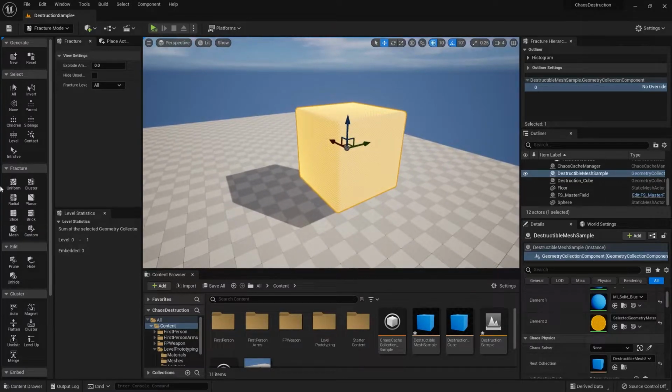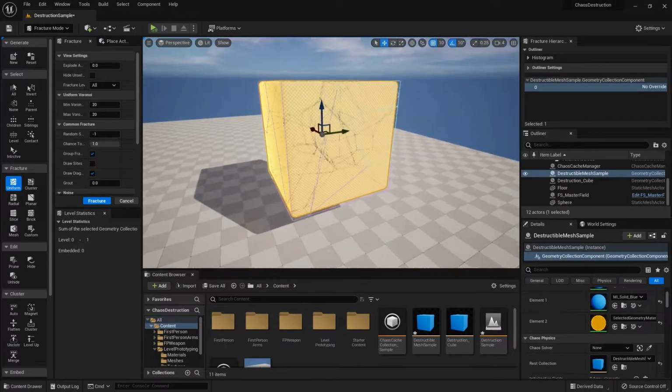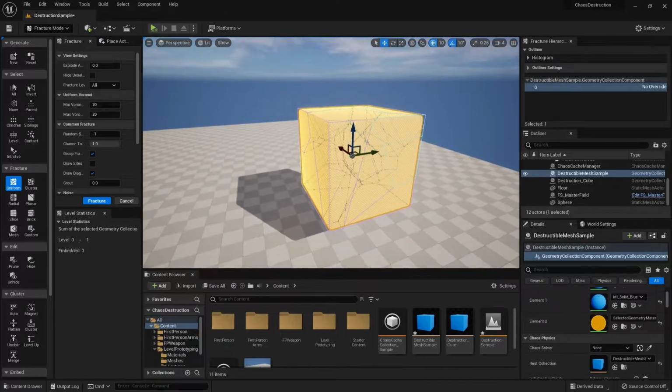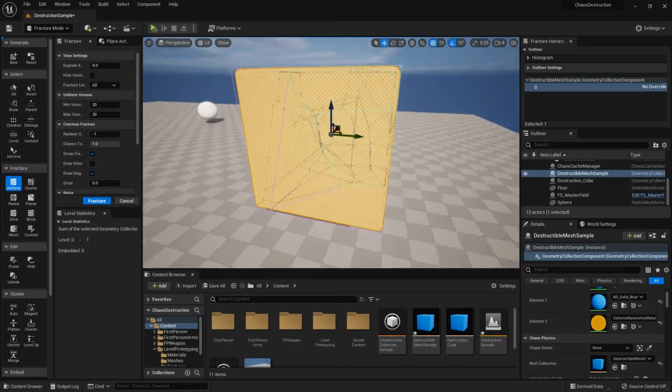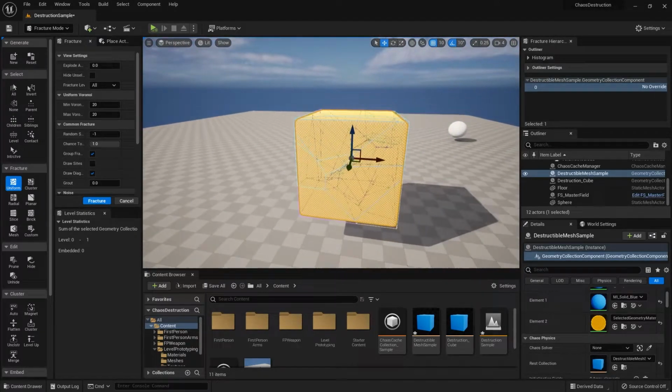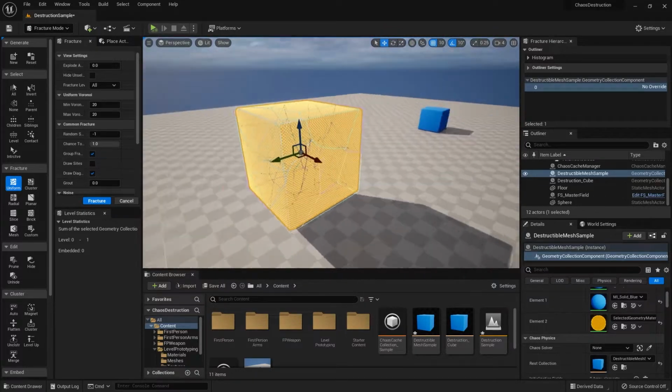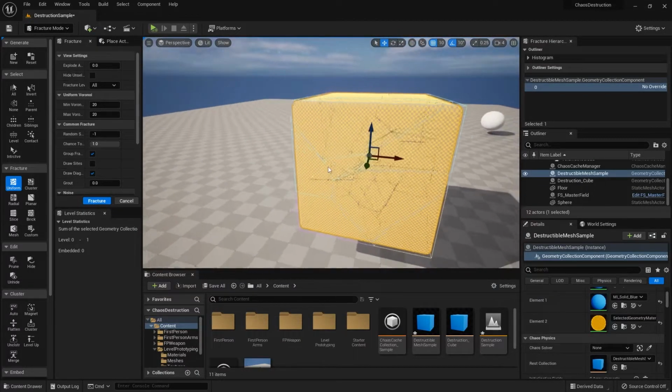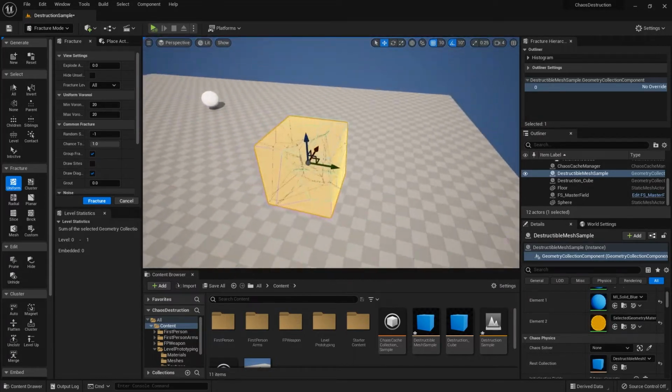Okay, now if we go to the fracture tab over here, this is mainly what we're going to use for our fractures. And there are different types of fractures you can use: uniform, cluster, radial, planar, slice, brick, mesh, and custom. So for uniform, it'll break into pieces that are roughly the same size. So you can see that the sizes are more or less mostly the same, with maybe a few little smaller pieces.